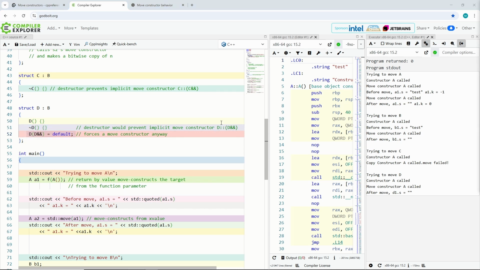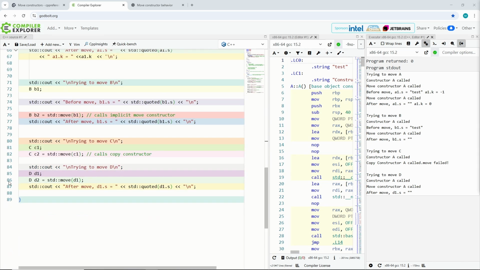And here a side note, because these requirements are annoying to remember and sometimes you don't know what happens, therefore they use the simplified rule versions. You heard of them: rule of 0, rule of 3, rule of 5, and we will talk about them also in another video. But we jump to the next line, which is 86,